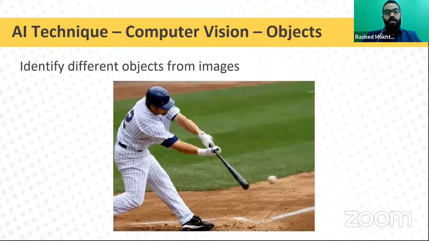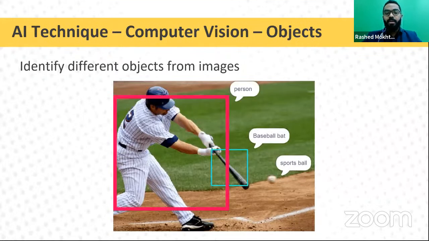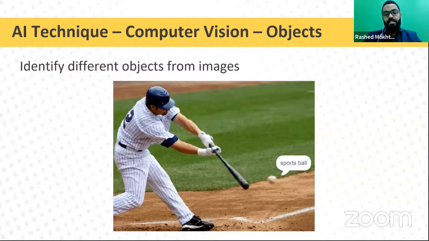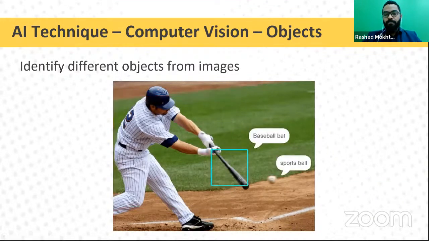Okay, also we have the computer vision, where you can identify if this is an object, that's a person, this is a ball. Okay, give me 1 second, sorry. Okay, so